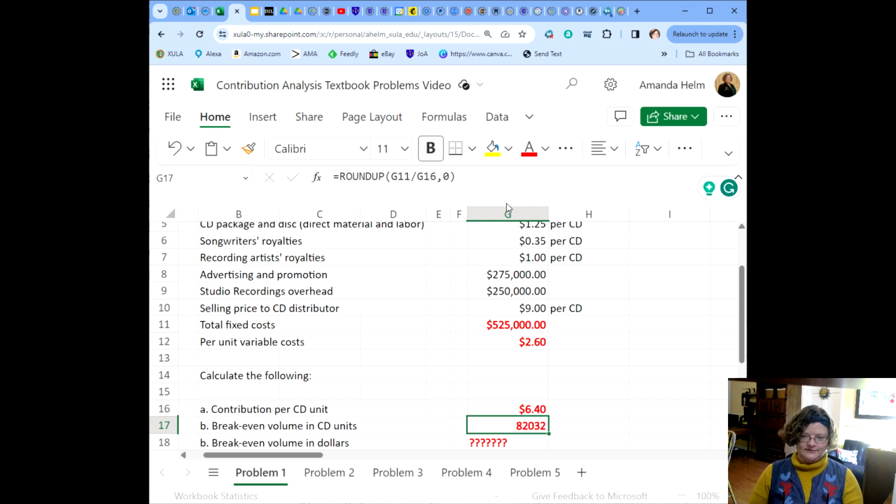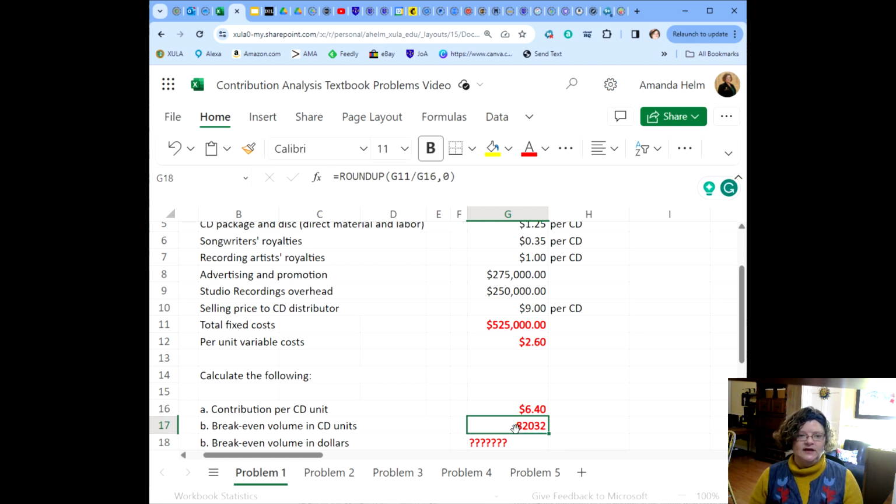You have to sell another CD, and if you follow the usual rules of rounding, then 82 CDs would round down, but technically if you actually did that, you would fall just a little bit short of breaking even. So when we're doing units, we want to round up. Obviously that only affects one unit, so usually people don't bother to do that, but technically we would need to sell